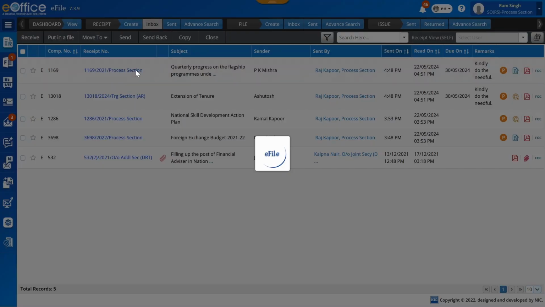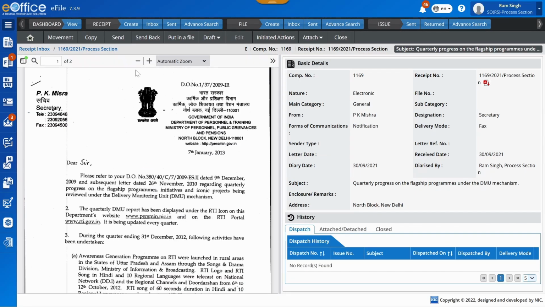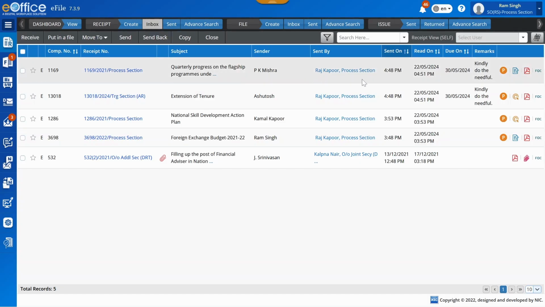These actions are also available from the receipt inner page, where they can be performed on that specific receipt only, and from where we will understand them in details later. The top right side of the screen consists of actions that can be performed on the entire module in which the user is currently there, which are: Switch View.